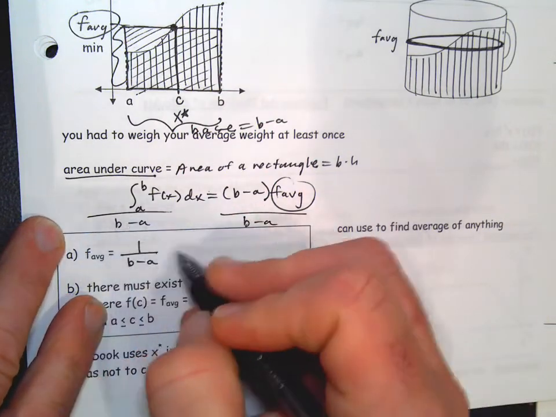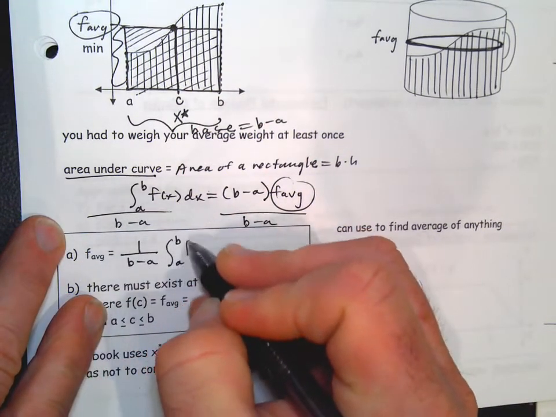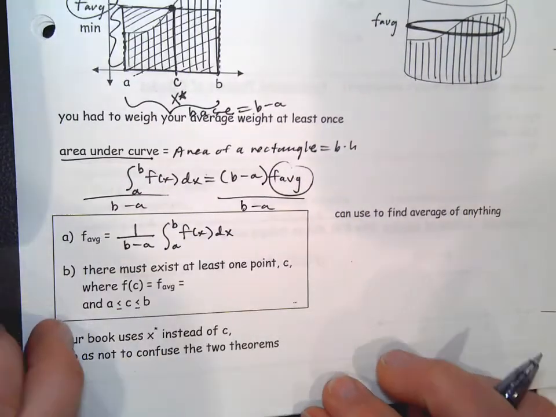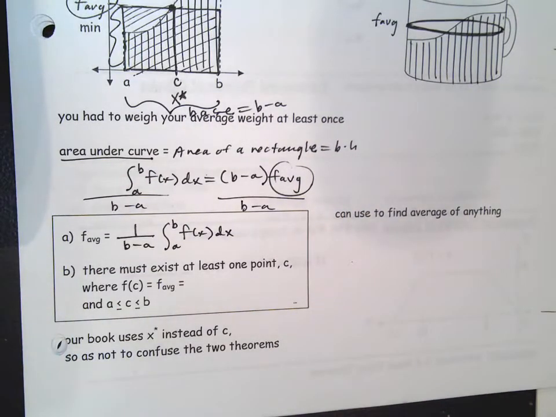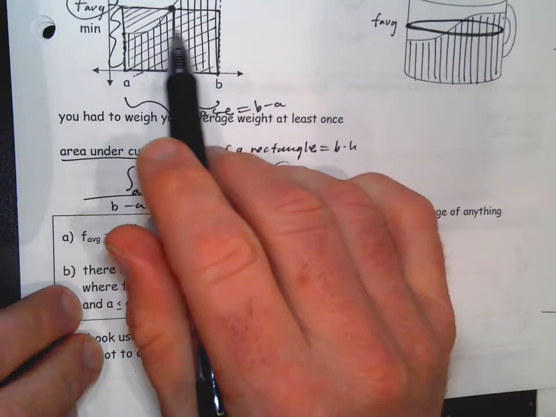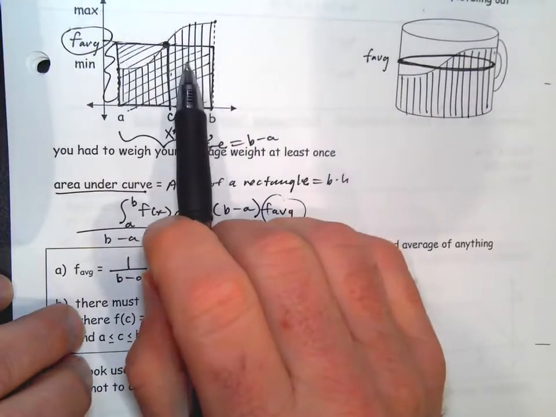It's 1 over b minus a, integrate a to b of the function dx. I personally wouldn't memorize it because I guarantee you'll mess it up. Back when I was teaching this the first year, I kept messing up because I tried to memorize it. I kept confusing it with the fundamental theorem of calculus, which it kind of looks like, but it has nothing to do with it. I just think always go back to this idea, okay, it's the area under the curve, flattened